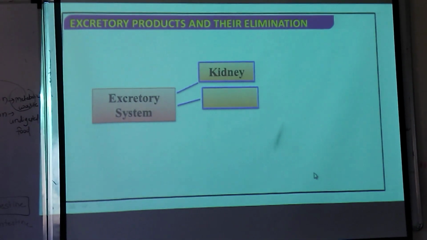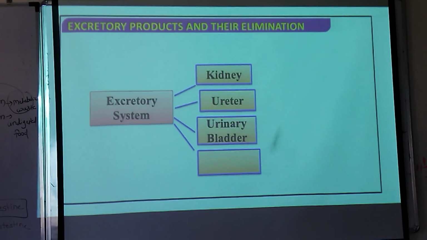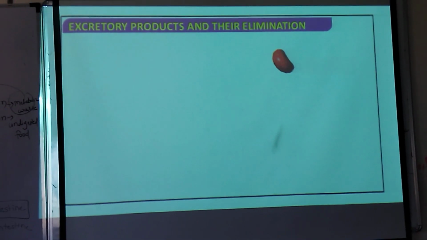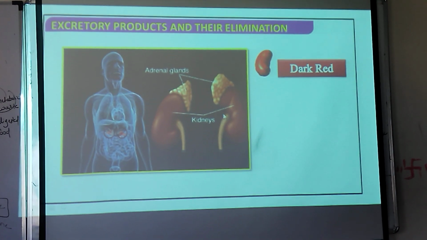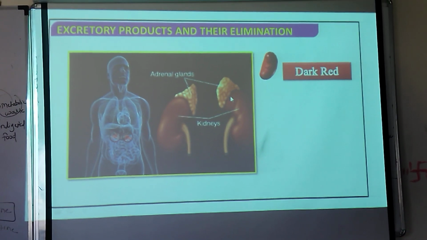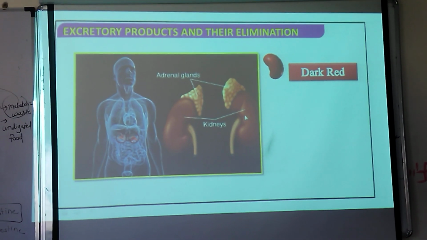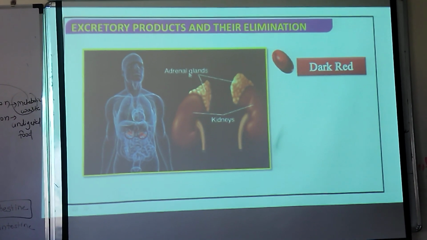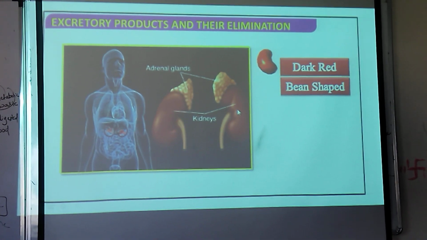Now see, your excretory system consists of kidneys, ureters, and urinary bladder. And one is your opening, that is your urethra. Okay. So this is the one kidney, which is dark reddish brown in color. And there are two adrenal glands which are placed above these two kidneys. This adrenal gland will secrete angiotensin and renin, which we will see later. These hormones are necessary for the RAS system, which maintains the homeostasis of your body. So adrenal glands are paired glands which are present on the top of the kidney, which are bean shaped.